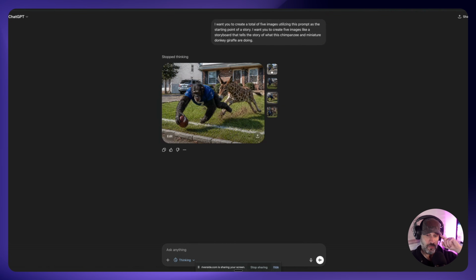Now you could actually take each one of these images and download them, and then bring them into something like Seed Dance through Higgsfield or whatever, and create a cinematic little movie with this. And again, to do that is simply giving it the prompt, letting it give you a picture, and then after that, saying, I want you to create a total of however many images. Again, I probably would stick around 5 or 6. Even though it can do 8, those last 2 get a little bit weird. They're not as clean. There's a little bit of drifting.